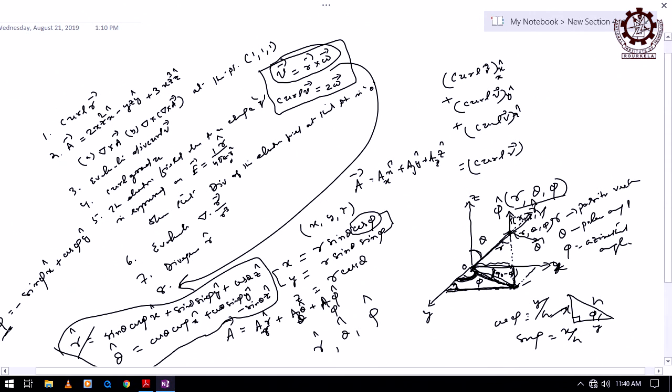So now you are correlating Cartesian coordinates with polar coordinates. How the coordinates are related, you know. How the unit vectors are related also now you know, right? So if you know the value in one, then you can go for the other. There is no difference, only transferring from Cartesian to curvilinear or curvilinear to Cartesian. You can go either way, because the relations are well known now. Unit vectors are known and the corresponding coordinates are also known. R, theta, phi are known, x, y, z are known, x cap, y cap, z cap, and r cap, theta cap and phi cap, right?